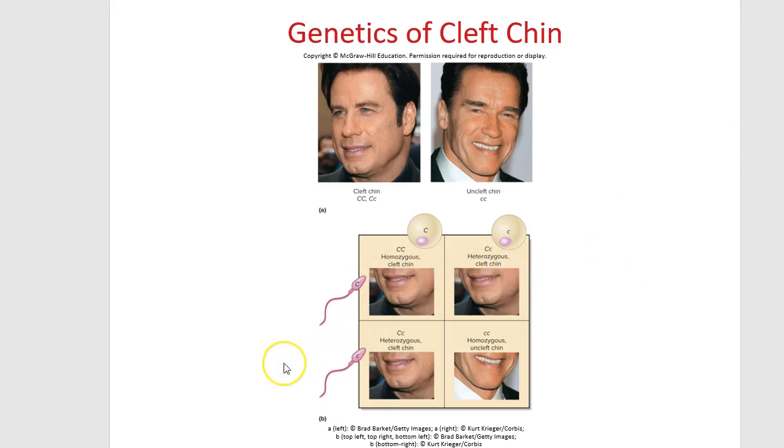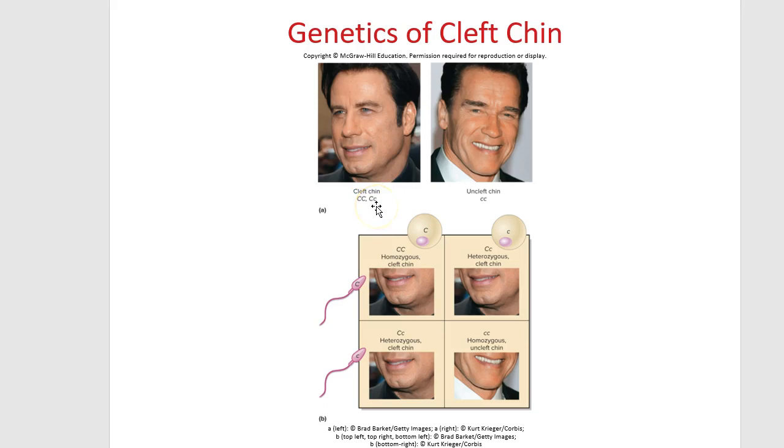Homozygous, heterozygous. So homozygous is when both letters are exactly the same. Either we have two capital letters or we have two lowercase letters. So in this one with the cleft chin, this is homozygous because we have two capital letters. Two capital letters are also going to tell us this is a dominant allele. So capital letter. And then we have here a heterozygous because we have a mixture. We have a capital letter and we have a lowercase letter. This is heterozygous. And because there's a capital letter,